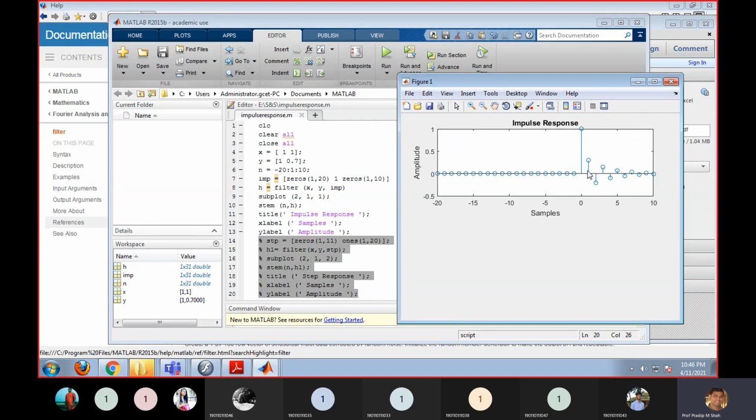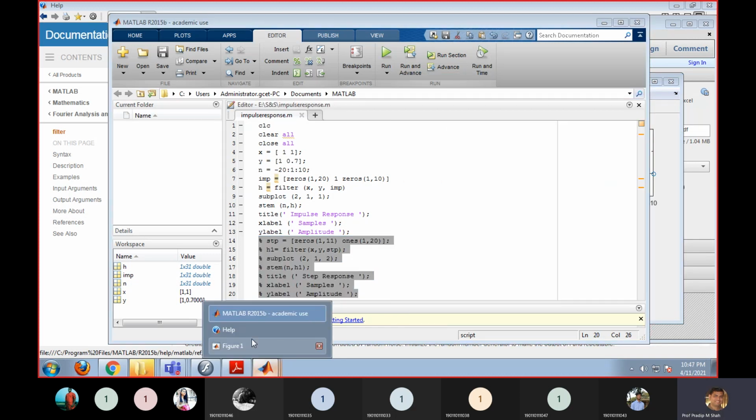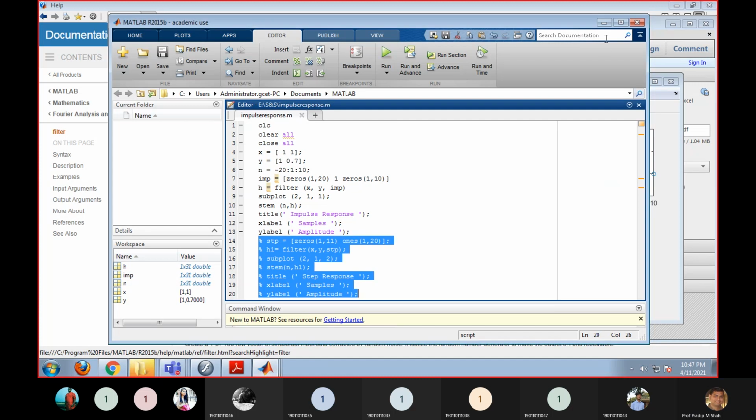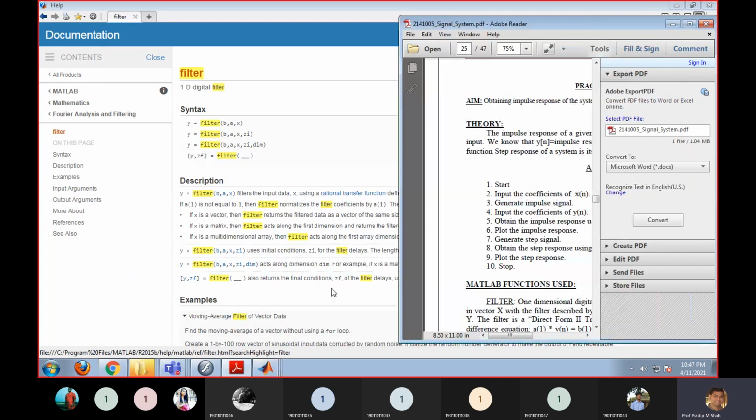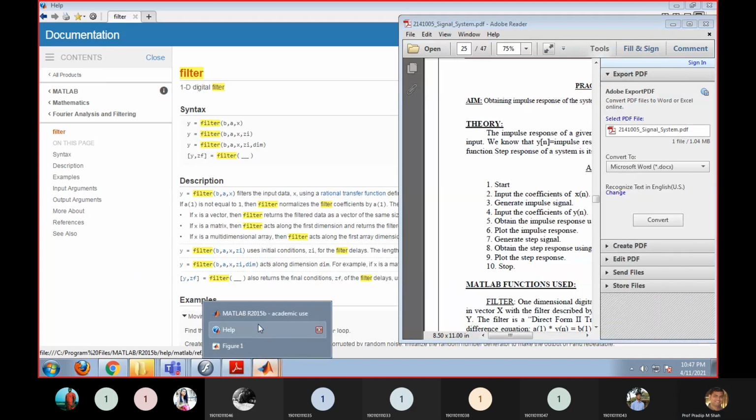Now suppose this is the graphical way, and you want to see the actual output. You can go to the command prompt. Just I am switching to the command prompt.